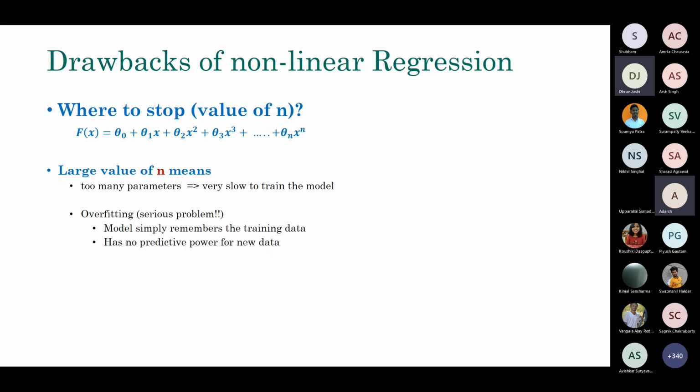So in overfitting, what happens is that the model simply remembers the training data. It doesn't learn the pattern. It simply remembers the training data as is. It's like a table-like thing. You have a table, look up, and you find something on the table. You say, "Oh, I found this." If you didn't find it in the table, you say, "Oh, I do not know this." You will never learn anything. So therefore, it doesn't have a good predictive power.